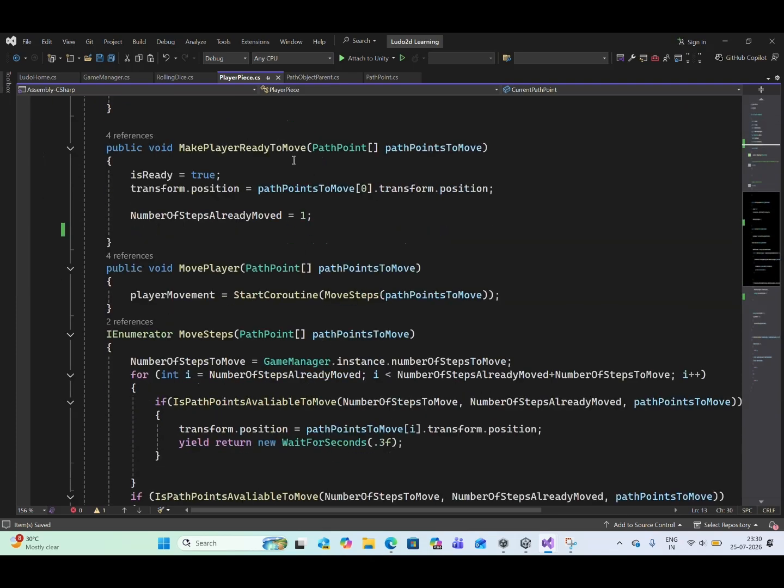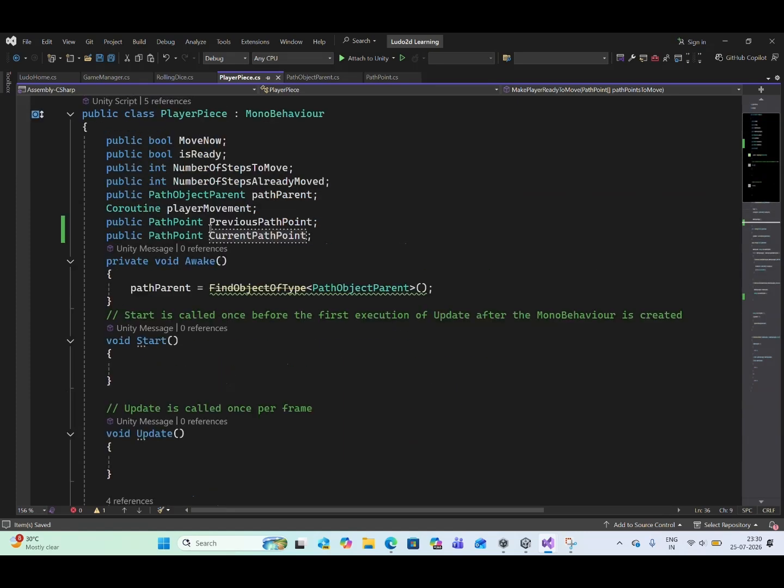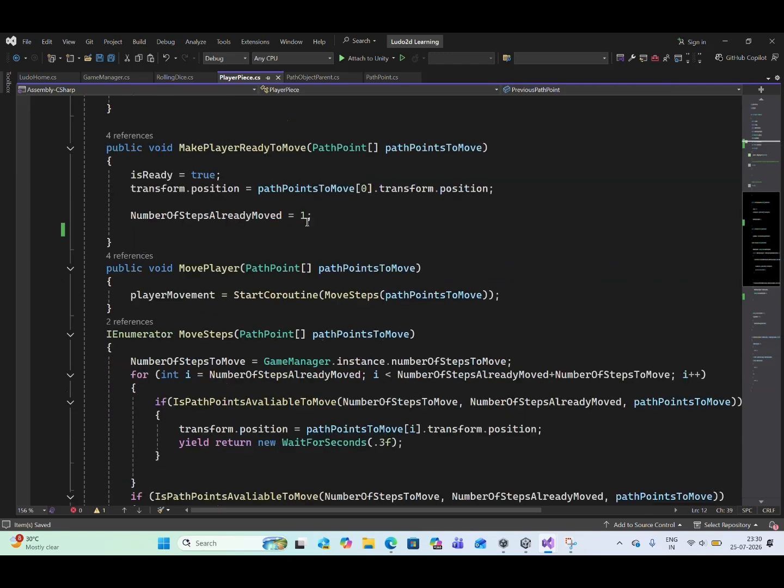So first we will go to our make player ready to move function. In this, what we will do, previous path point